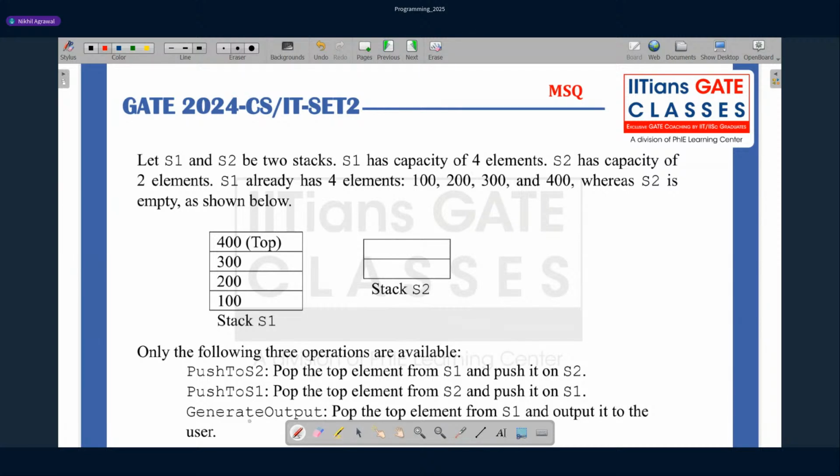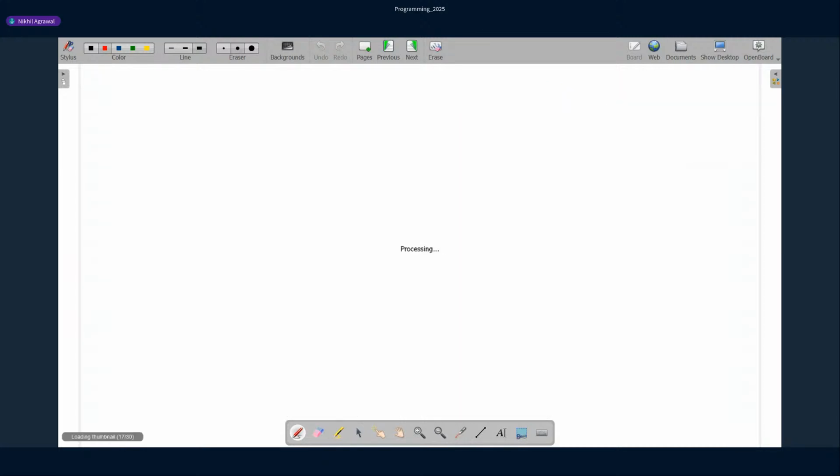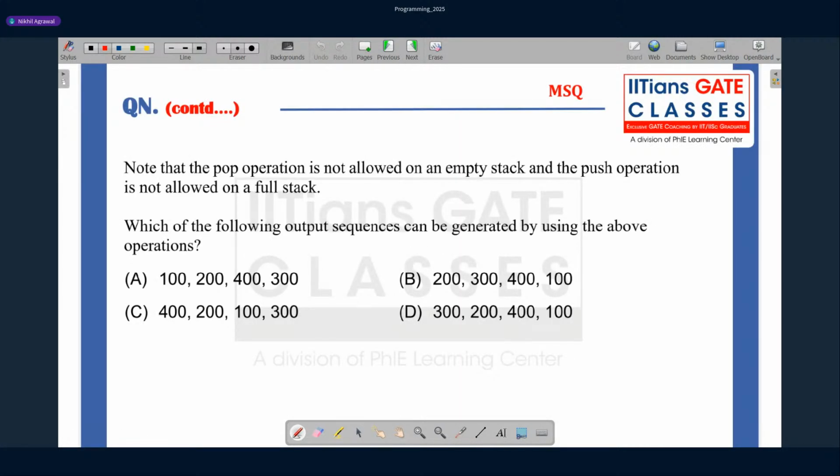Generate output: pop the top element from S1, not S2, and output it to the user. Is this clear? These are the 3 operations, and the initial state of the stacks is given. Note that pop is not allowed on an empty stack and push is not allowed on a full stack. Which of the following sequences can be generated using the above operations?